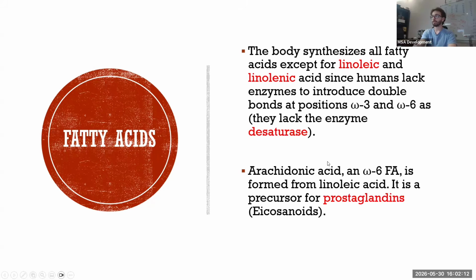Something else I want you to know is that linoleic acid and linolenic acid are very important. Why? Because they give us eicosanoids, which are hormones that give us prostaglandins. But let's say someone does not take fatty acids from outside sources. They will have deficiencies in prostaglandins and eicosanoids. Prostaglandins are very important inflammatory mediators. They are very important molecules, and that's why fatty acids must be obtained from outside, the ones that we can't make ourselves.